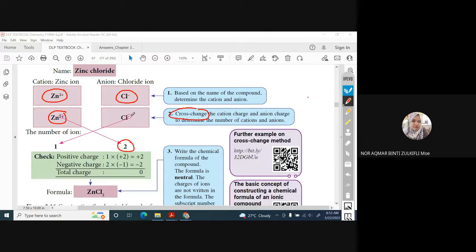Then negative 1. Actually negative ni negative 1. Okay, saya dah cakap tadi chemistry dia tak tulis number 1. Okay, so 1. Okay, ini nanti. Ini adalah checking. Okay, yang penting kamu faham ini dulu. Zinc Cl2. Okay, nanti cikgu tunjuk contoh.